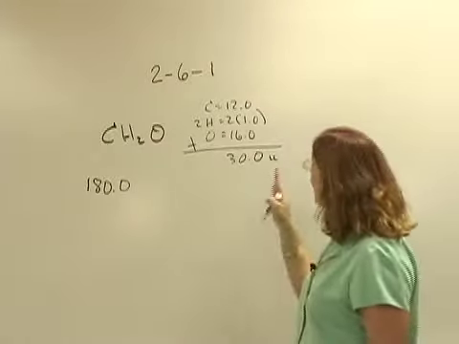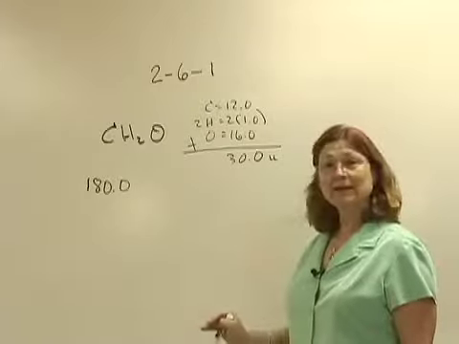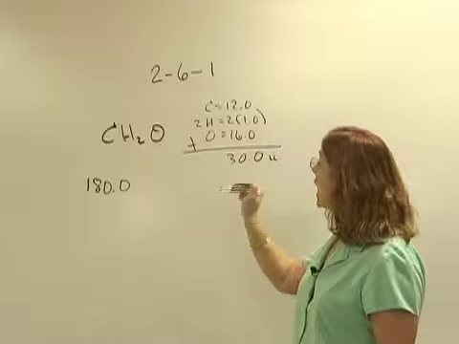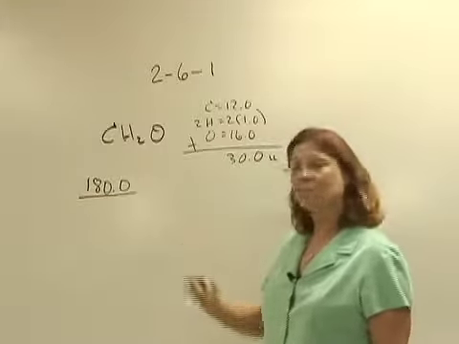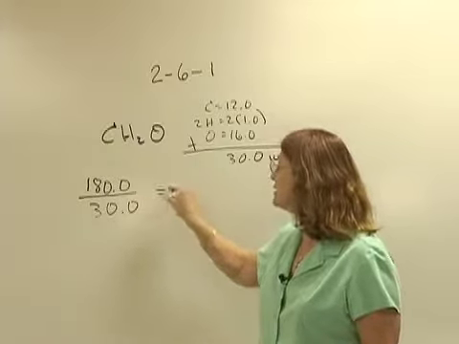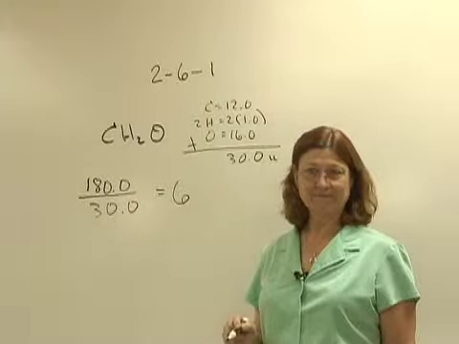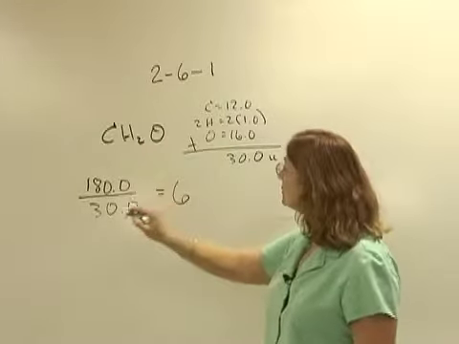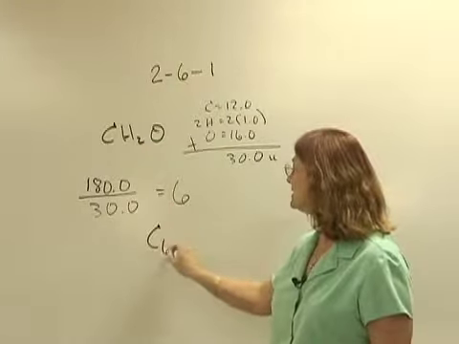Now, I want to know what the molecular formula is. This is the simplest ratio of the atoms. I divide my molecular mass by my empirical mass, and I see that it goes 6 times. Therefore, I take this formula and I multiply it through by 6,